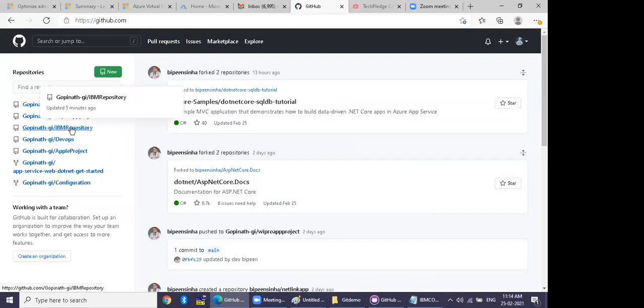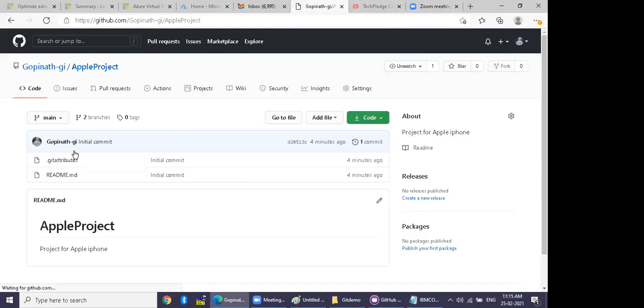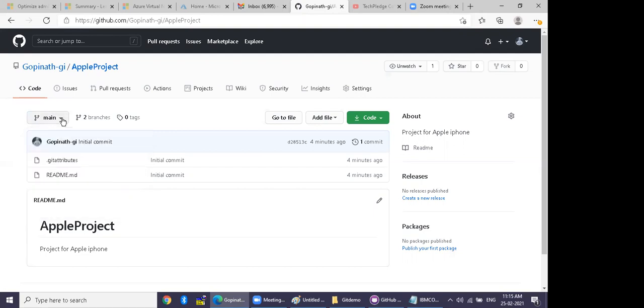And then you have a new project, Apple project. In this Apple project, you now have two branches, the main branch and the developer one branch. Same way, you have to create another branch for another developer.